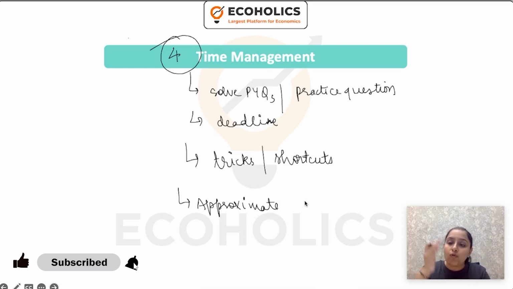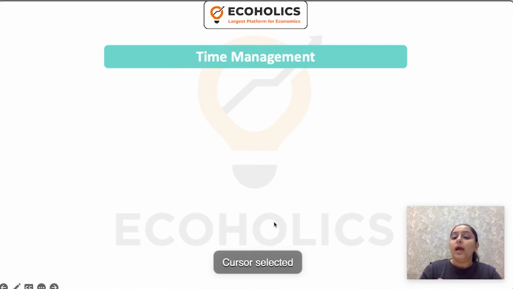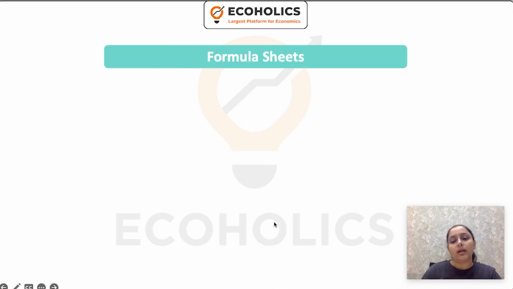A lot of people avoid simplifying. So if you have a fraction, try to reduce it to its lowest terms in the first place and then take it ahead. If you have something in the denominator in terms of 10, avoid dividing it, take it in decimals to the other side, because solving such things is easier. This is how you can save your time, and the speed is automatically going to increase.